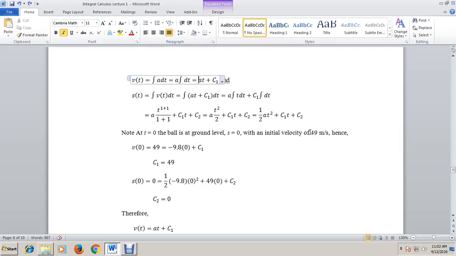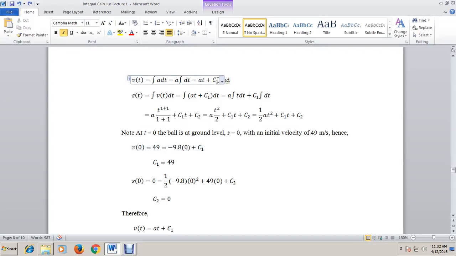Since we are given the velocity as 49 meters per second, expressed in the International System of Units, then choosing between 9.8 m/s², 90.8 m/s² and 32 ft/s², we make use of negative 9.8 m/s² to be dimensionally consistent. Okay, so again, our velocity at time t sub 0 is equal to 49 meters per second